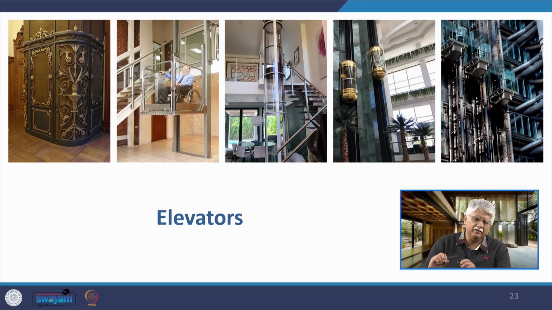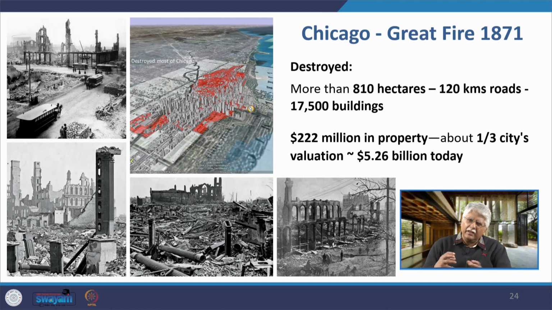And these are examples of how elevators have evolved from the early times to really complex examples: residential elevators, capsule elevators, elevators outside the Lloyd's building of London, and even elevators installed for people with physical challenges. Now, as the skyscrapers or tall buildings began to grow in Chicago with the development of the passenger elevator,